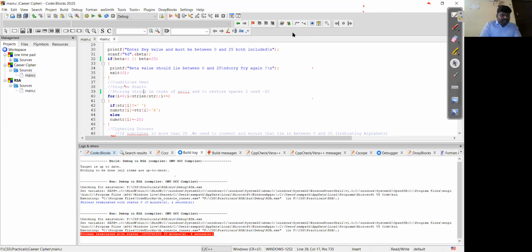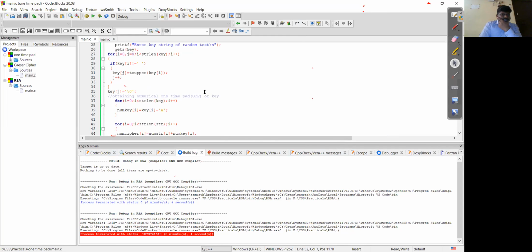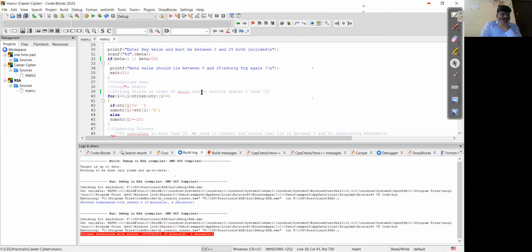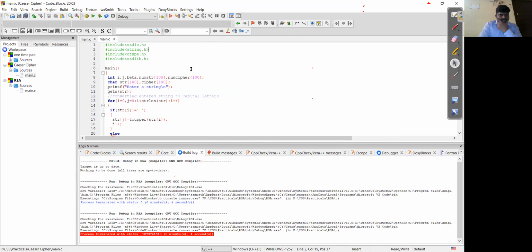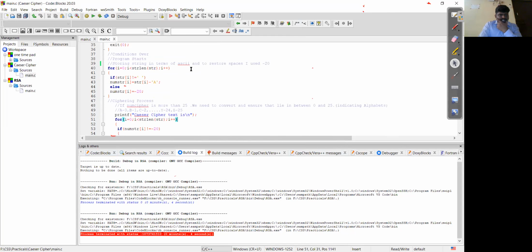I think I might have got it wrong. Sir, RSA is selected, so it is executing that. Sorry, I didn't notice. Is it the correct one which I'm executing?